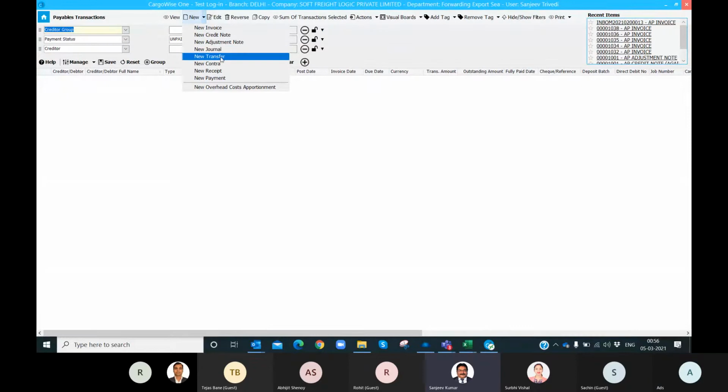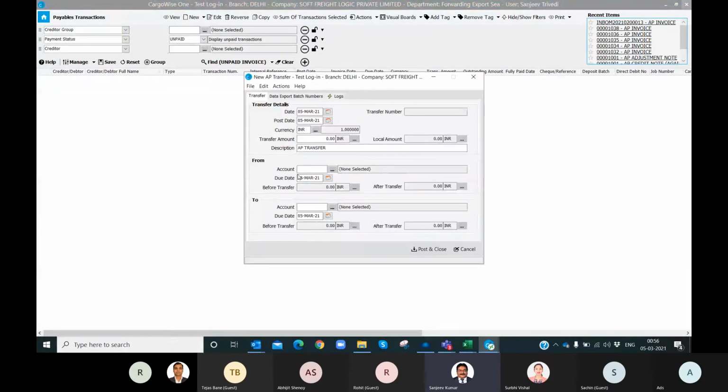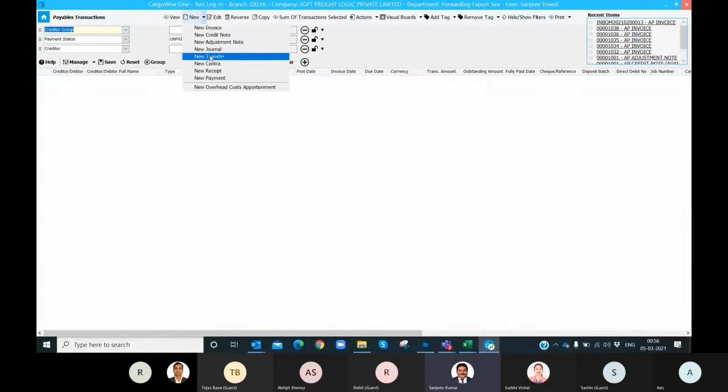If there is any transfer related entry, like if I click on new transfer, you can see from one account to another account, meaning from one payable account, if we have to transfer a certain amount to a different creditor, that can be done through new transfer. New contra is also there, basically for receivable to payable kind of scenarios.